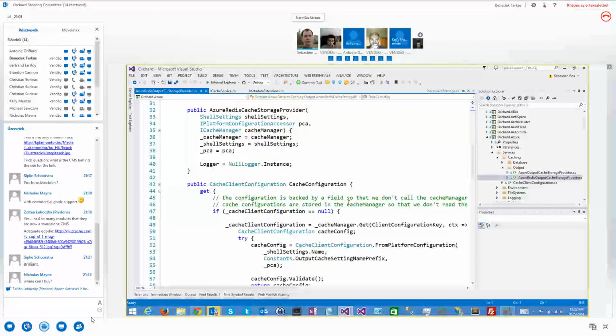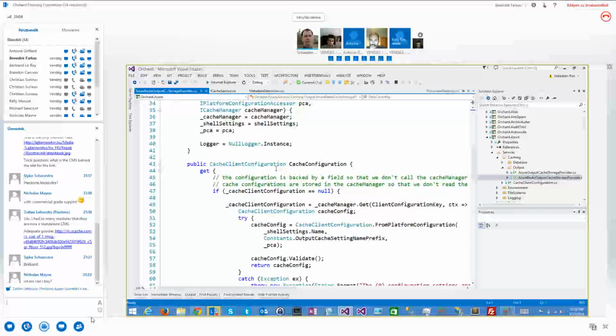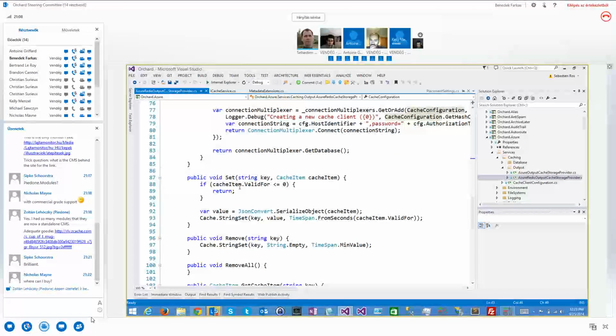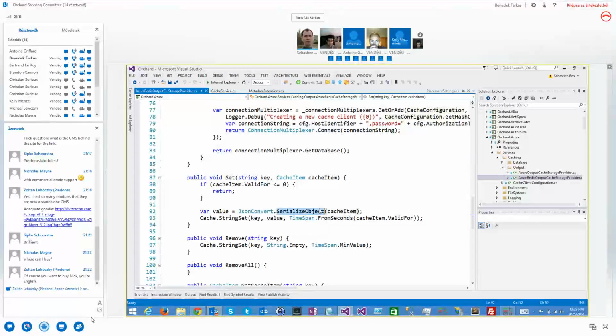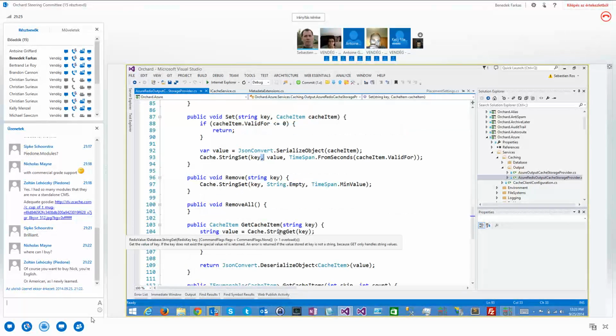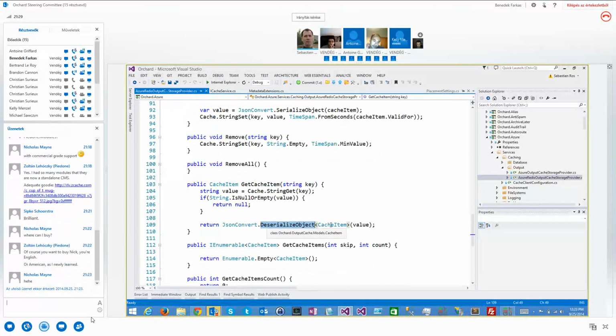Because I'm storing some cache items, cache configuration, we don't care, cache set, serialize object cache item, so I'm doing string set. So yeah, he can do the same thing. He could save an object and then string get, deserialize the object. In my case, actually, I know what I saved, but he could say